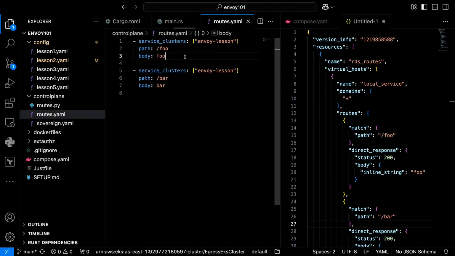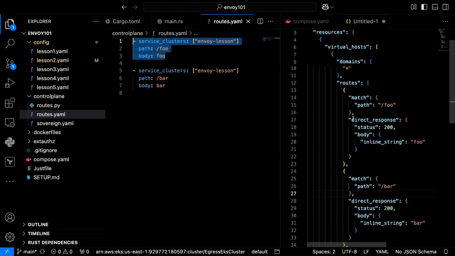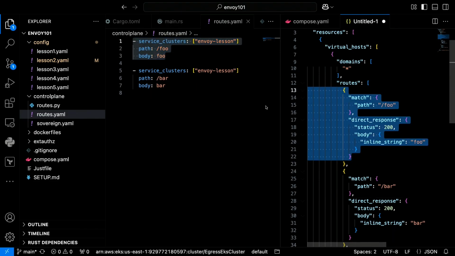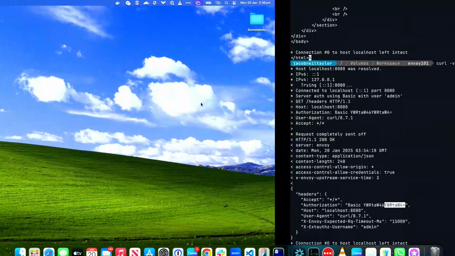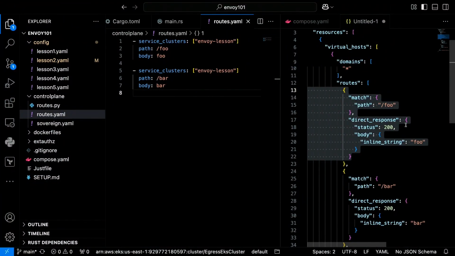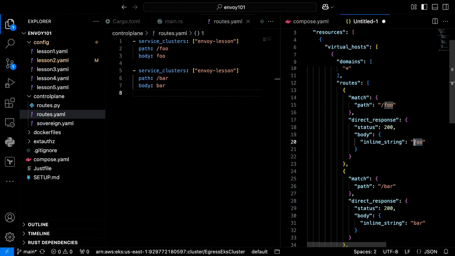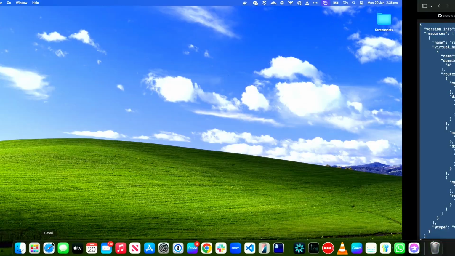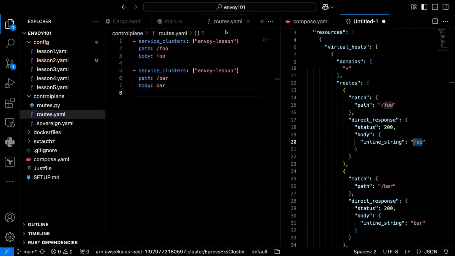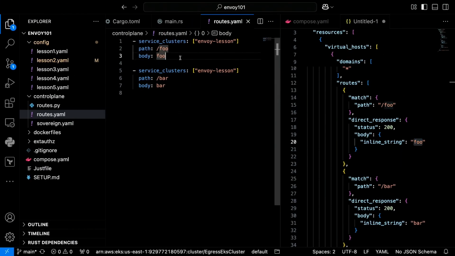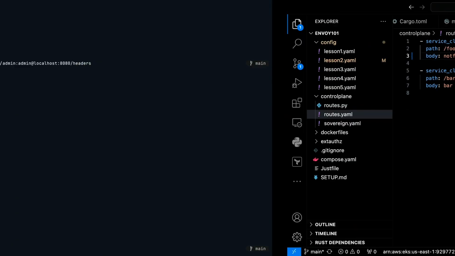You can see that basically this data is being used to generate this set of routes. So if we go to localhost 8080 /foo, we will get the string foo returned to us, funnily enough. But if we come over here and change this to not foo, and we wait a bit,